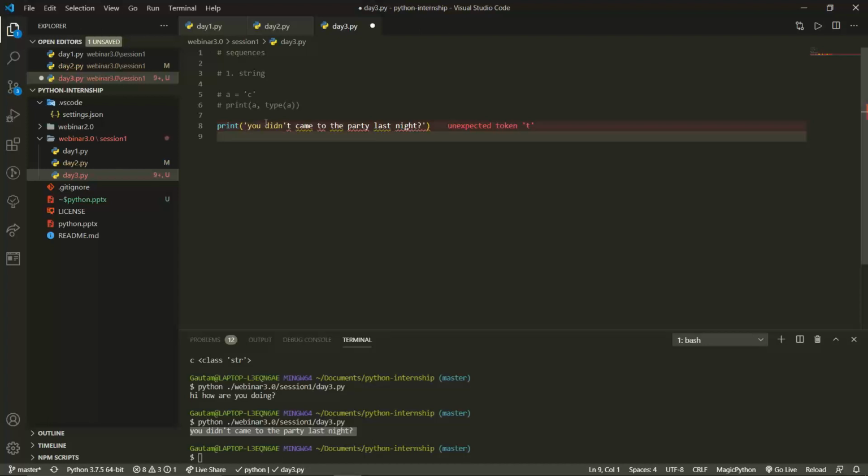This single quote ends the string, it seems like it starts over here and ends over here. So to make sure whatever is written in the string does not get hampered, we have two types of quotation, single quote and double quote. If a single quote is present inside a string, then on the outer part we'll use double quotes. This won't hamper the string at all.